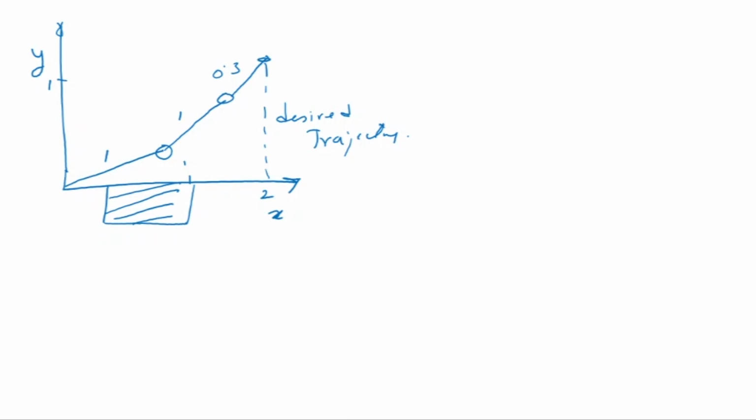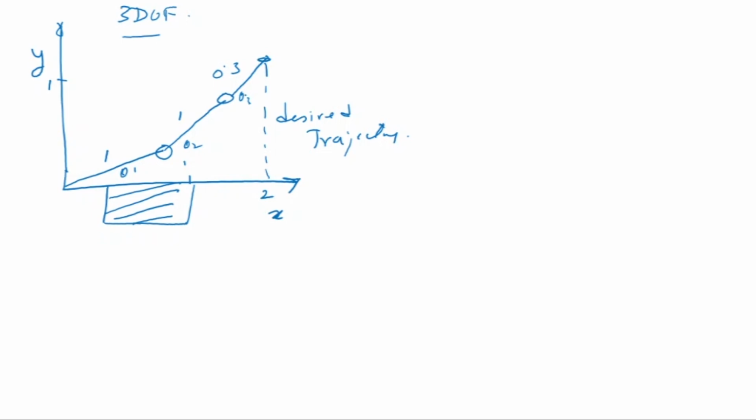So this is my theta 1, that's theta 2, that is theta 3, and this is a 3 degrees of freedom manipulator. So it has 3 degrees of freedom, some of which can be assigned to follow the desired trajectory by the end effector, and some of it could be assigned to avoid this obstacle. The link lengths are given here, 1, 1 and 0.3.